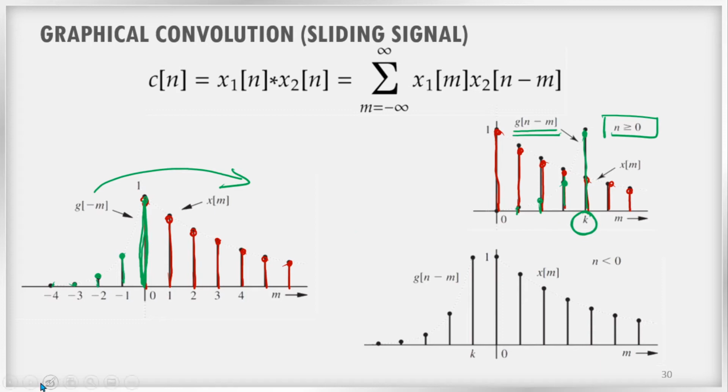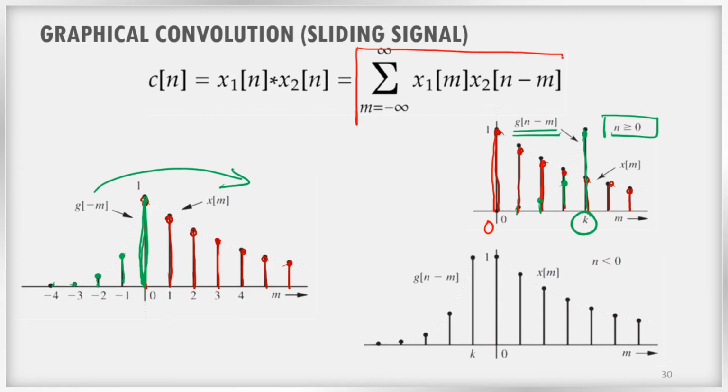So what I have to do? I have to multiply this value into the g of n minus m. It is 0, and this particular value with this small value, I will get some answer. Then I have to multiply this one with this small green color one, this red color one with the green color one, and here there is no green, so both of them will become 0. So after multiplying, I have to add all that. That is what the equation says, right?